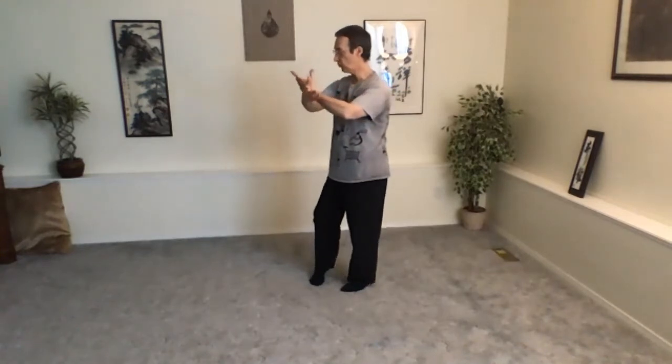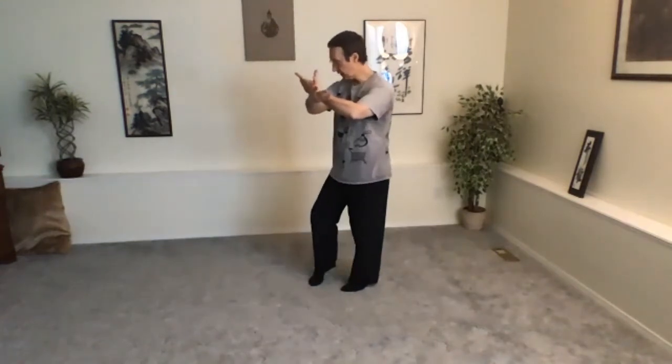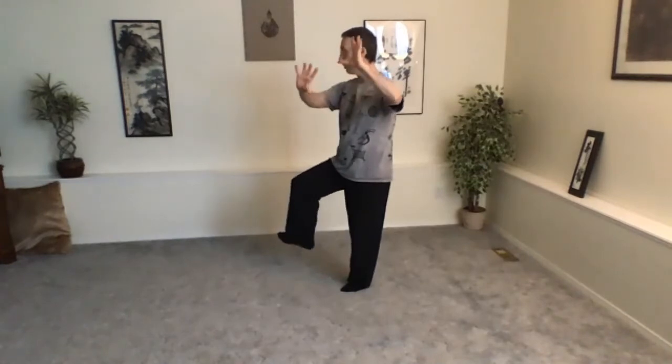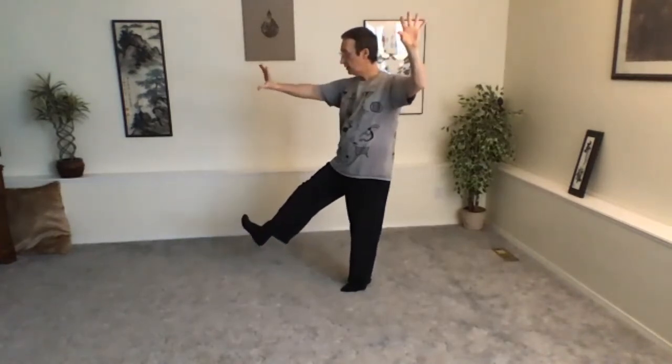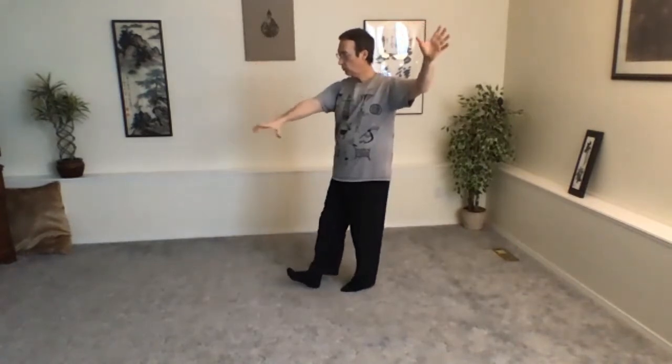Left wrist comes inside the right. All the weight's on the left leg, peeling off the right foot. When you're ready, pick up the knee, heel kick to the side wall. And then you simply drop the heel in front of the left foot, hold the bouquet,